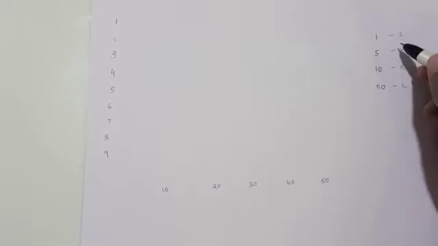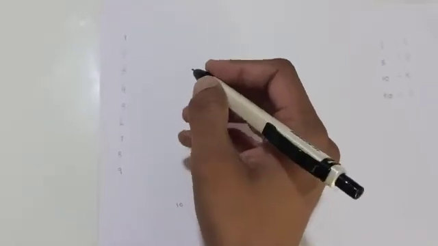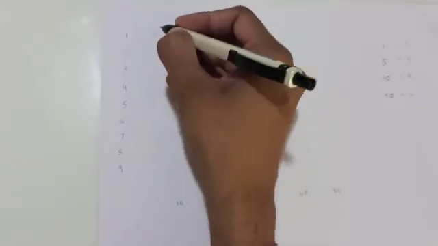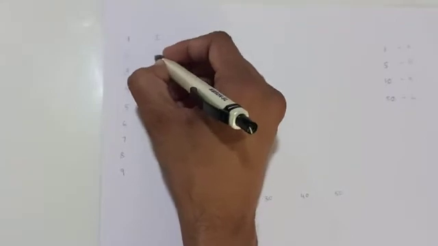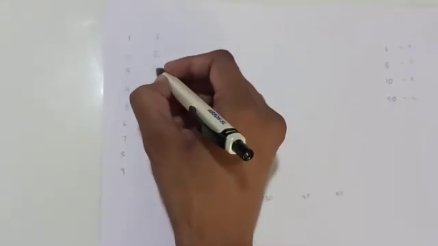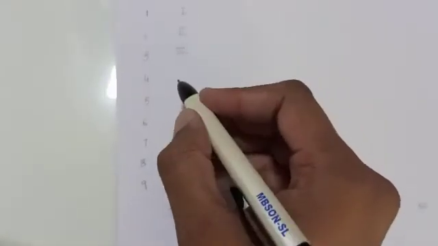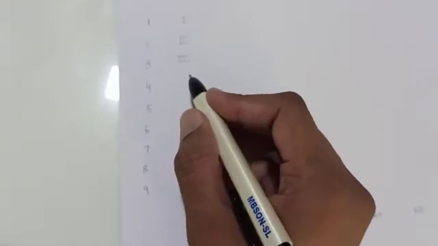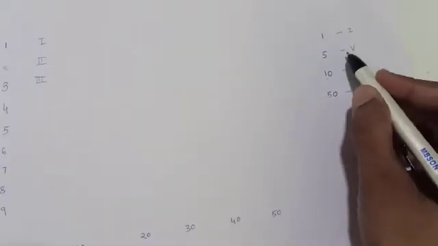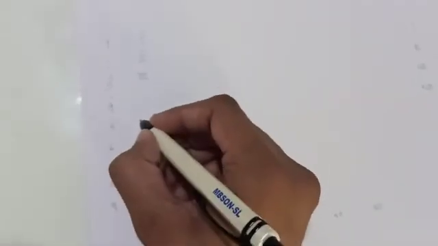So now we write it down here. For 1, you know, it is I. For 2 it is II. For 3 it is III. But in Roman numerals, you cannot write the same symbol more than 3 times. So here we have 1, 2 and 3. For 4 we cannot write IIII. So we know 5 is V, so we write V here.